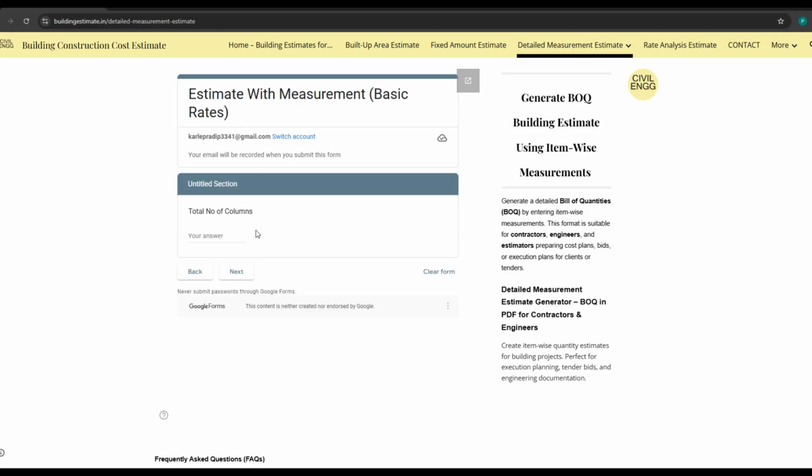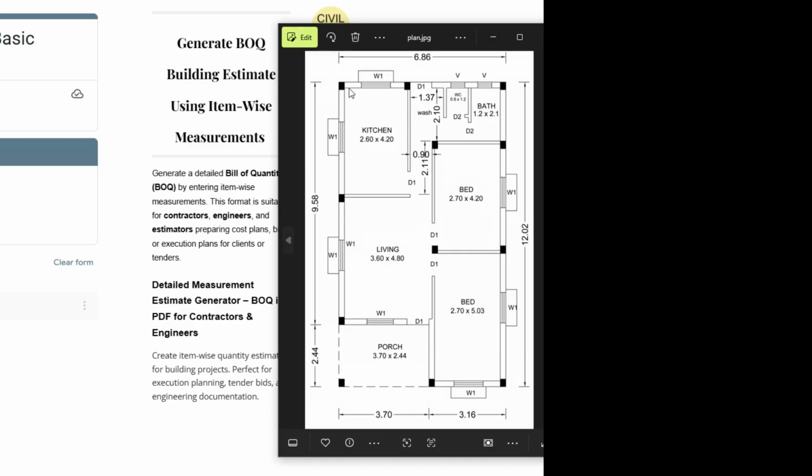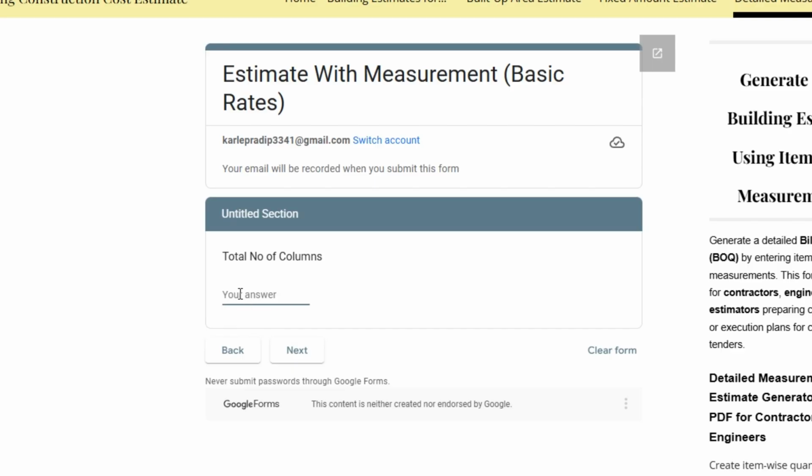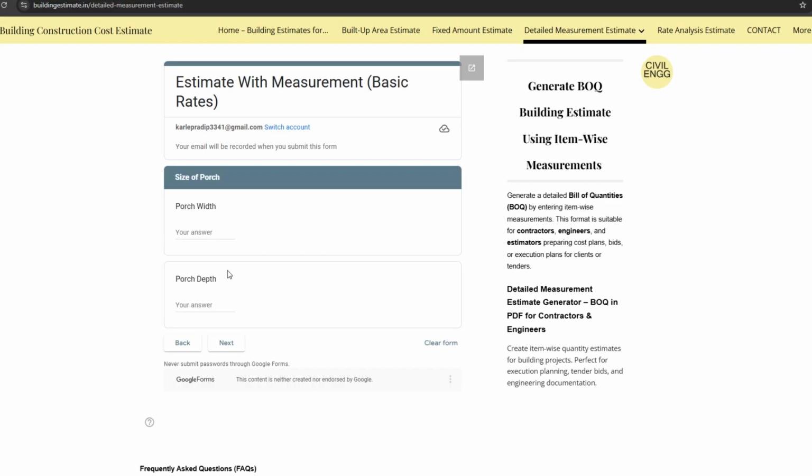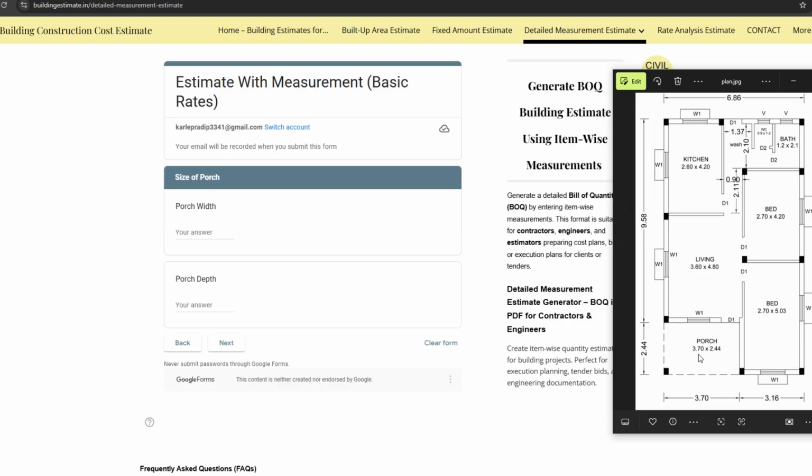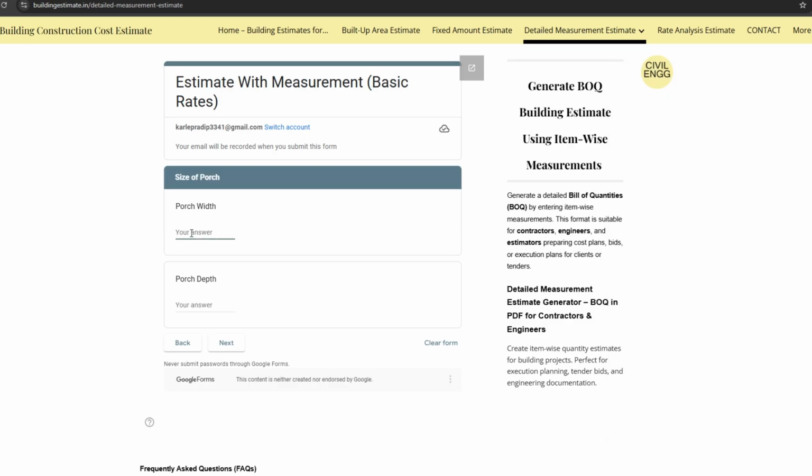Now we will count total number of columns in the plan. 1, 2, 3, 4, 5, 6, 7, 8, 9, 10, 11, 12. Enter 12 number of columns. Click next. Now we will have to enter size of porch, width and depth. See the plan. Porch dimensions are 3.7,